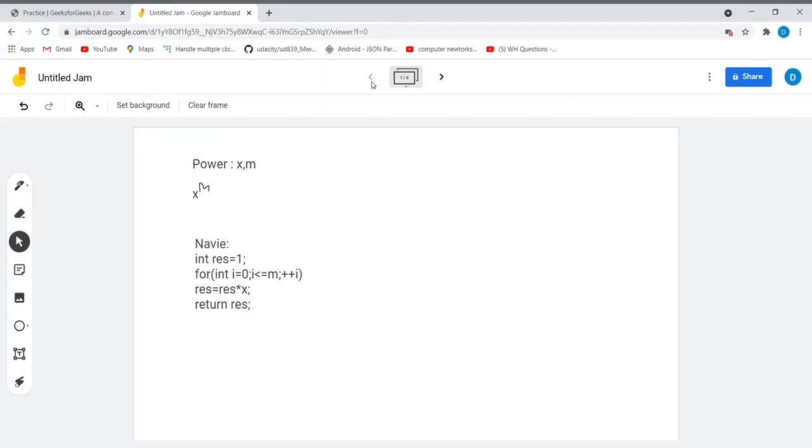The problem is: given two numbers x and m, we have to find the power of x raised to the m. We are given these two numbers x and m, and we have to find out x raised to the power m. Basically we can do this by the naive solution,